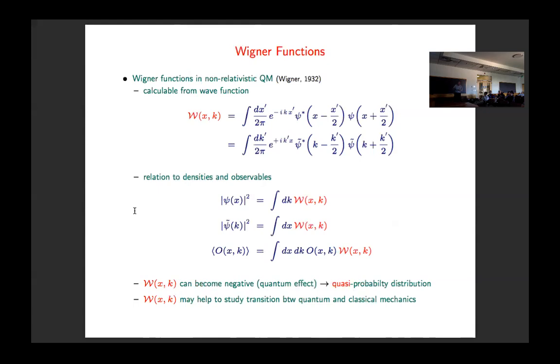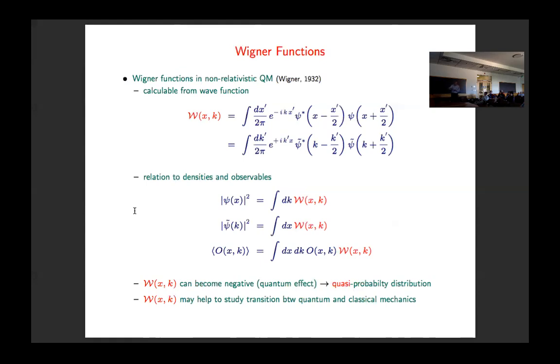This should, of course, be fully symmetric between position and momentum space, and indeed you can readily verify that this expression is equivalent to this expression where we use momentum space wave functions. Now, a nice feature of the Wigner function is that if I integrate over the momentum, I get the density in position space. You can follow the argument; it's the same as what we did before. If you integrate over k, the only k dependence sits in the exponent. You get a delta function in x prime, which forces x prime to 0, and you get the density. Likewise, if you integrate over x, you get the density in momentum space.